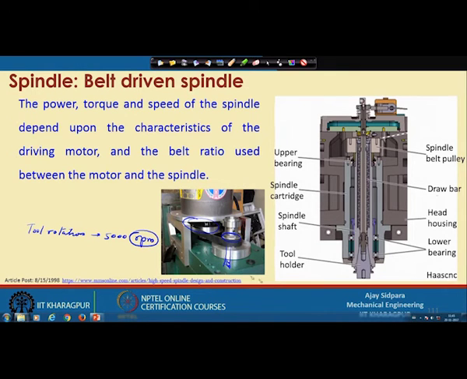So, your tool is located here. When you are rotating this small pulley at 5,000 rpm, your motor rpm will be different, because it is using a bigger pulley here. So, consider this thing is a driven and this thing is a driver. If you are rotating this one at 5,000, the bigger one will rotate at a lower rpm.